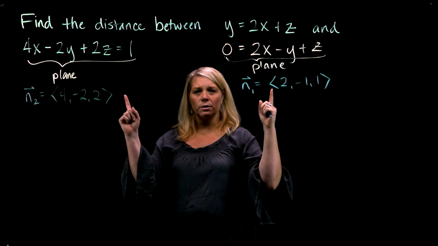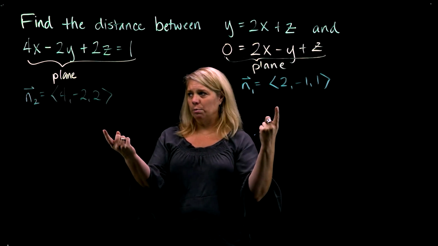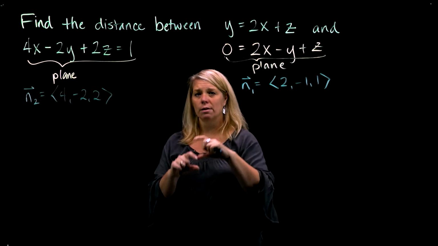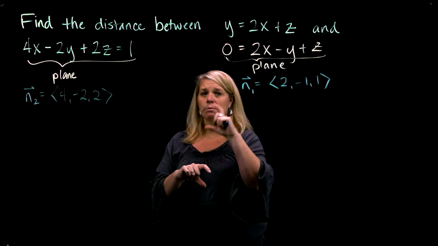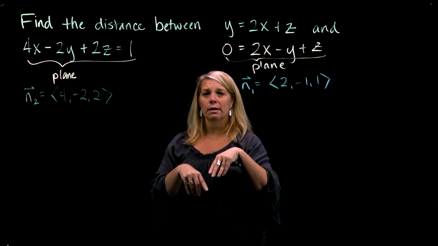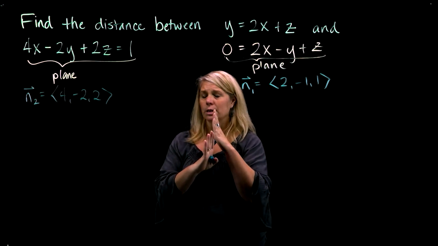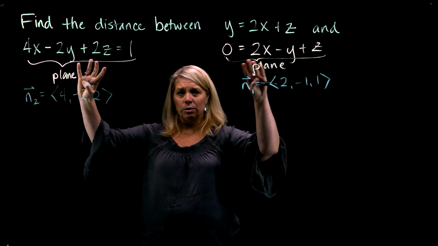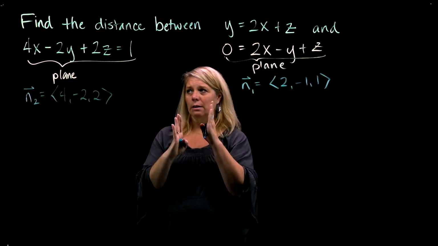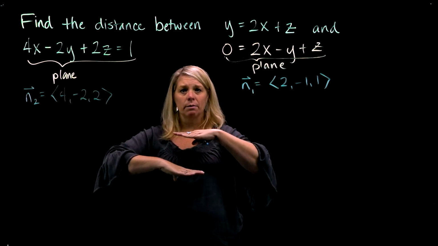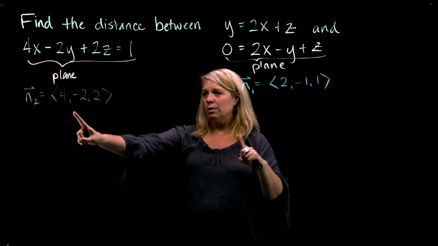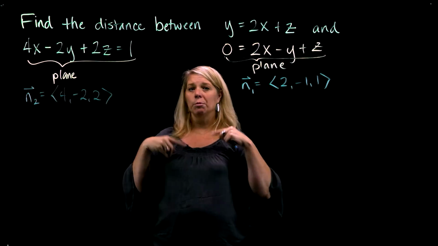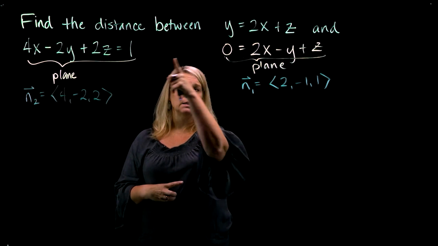And you'll notice that these two vectors are scalar multiples of each other. So because these two vectors are scalar multiples of each other, those two vectors are in the same direction. They have different magnitudes, but they're in the same direction. They're parallel to each other. And if those two vectors that are perpendicular to these two planes are parallel to each other, then the two planes will be parallel to each other as well. So noticing that these two vectors are scalar multiples of each other helps me understand that these two planes are